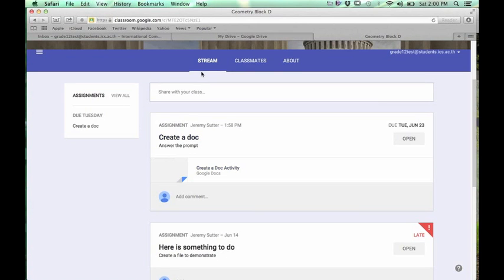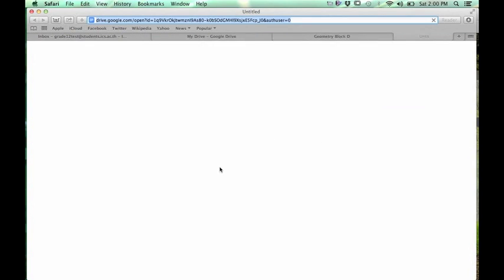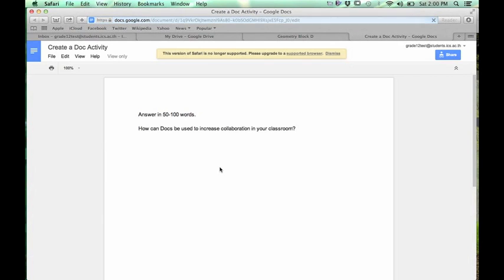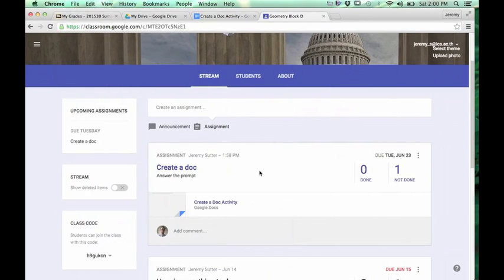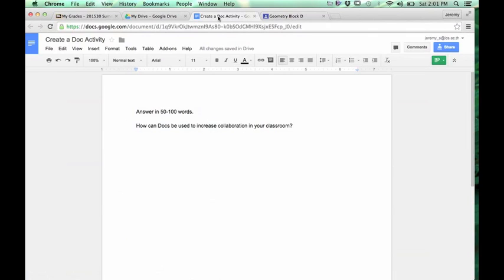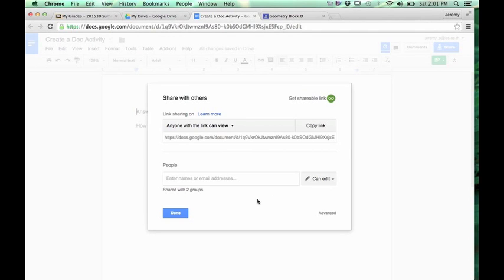Now right away that's going to appear on the students' stream, and they'll be able to open that. We're just going to click on this doc. And remember, they only had permission to view this document, and that's going to open in another tab. So if they try to type in it, it's not going to work, so that's not really going to do very much for them. So one thing that we can do, we've already assigned it as view only, but we can go to the doc and change the sharing permissions there,